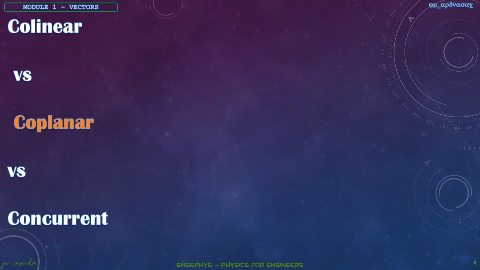coplanar vectors. So when we say coplanar, from the word plane and co, it means they are lying on the same plane. So when we talk about plane, we have your xy plane, your xz plane, and your yz plane. Okay? So, para yan pag kunwari, sa wall, may mga picture frames tayo, may clock na nakasabit sa wall ninyo. If they are lying or they are hung on the same wall, those picture frames are coplanar.